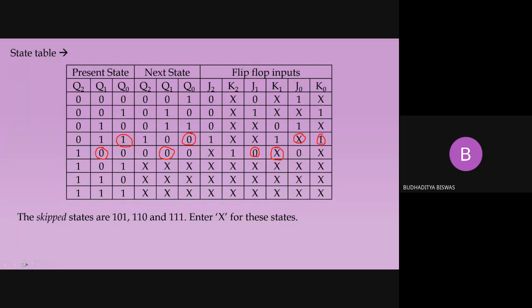So in this way, we need to fill up the state table. First is finding out how many flip-flops are required in your design. Give them names, as I write: 0 flip-flop, 1 flip-flop and 2 flip-flop. Then draw the state diagram, then implement the state table. Once you have filled out the state table, using the help of K-map, you need to find out the expression for J2, K2, J1, K1, J0, K0, taking the present states as the inputs of the K-map.